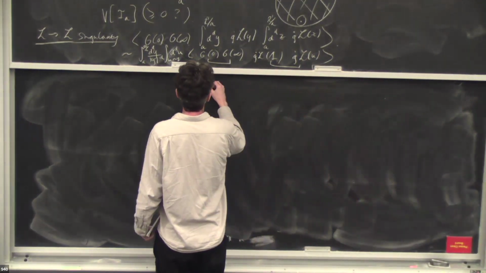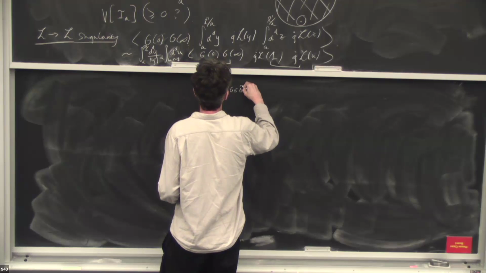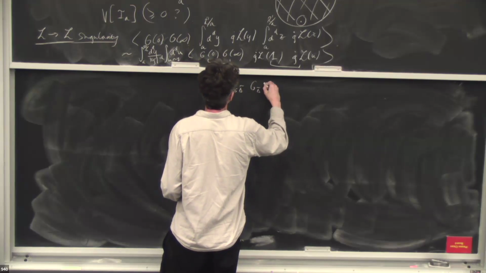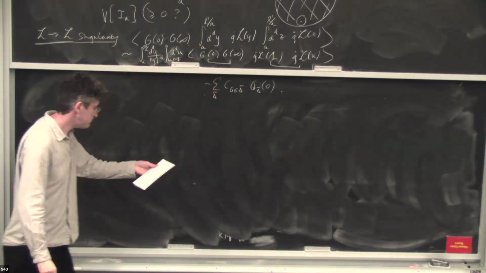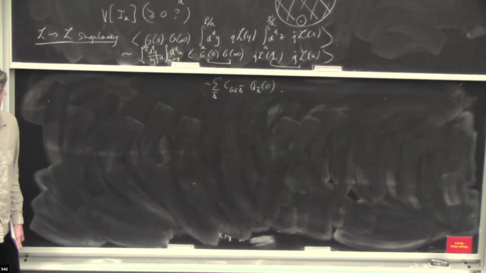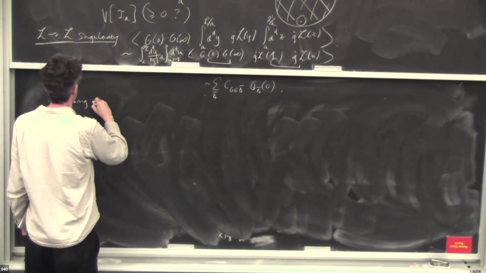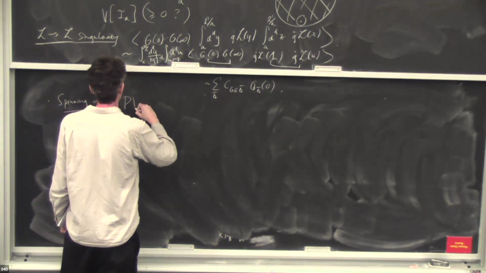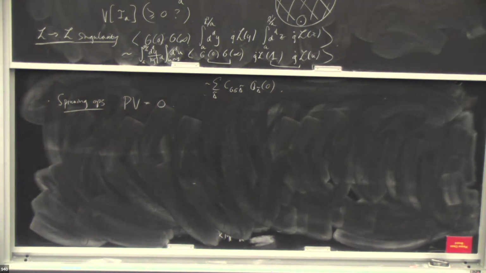I just replace the product of O's with their OPE. So I'm summing over all operators, O delta tilde. So the first comment is that for spinning operators, O delta tilde, the principal value description for this integral is 0. And that's the one we'll take. So I think there's a natural sense in which spinning operators don't contribute. And this is just by rotation symmetry.